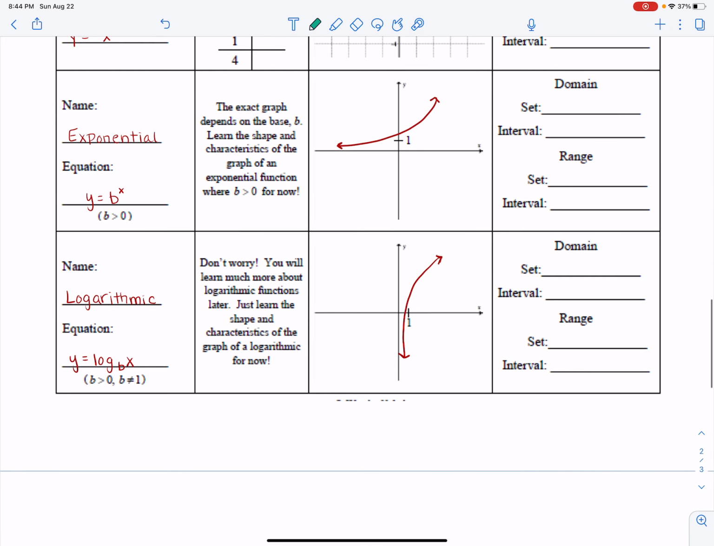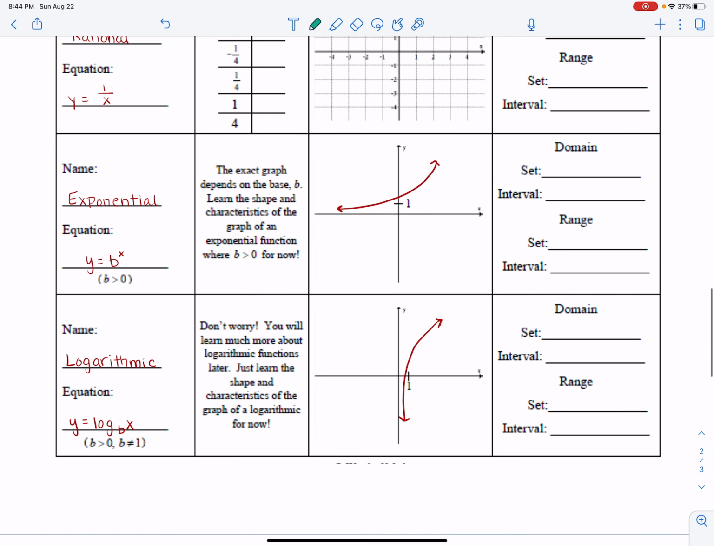Let's go down here to exponential and logarithmic. Now, exponential and logarithmic, the parent function has two variables. They use a b and they use an x. So all we're going to do is I've given you the shape of that graph. Both of these graphs have what's called an asymptote. Exponential has an asymptote on the x-axis,